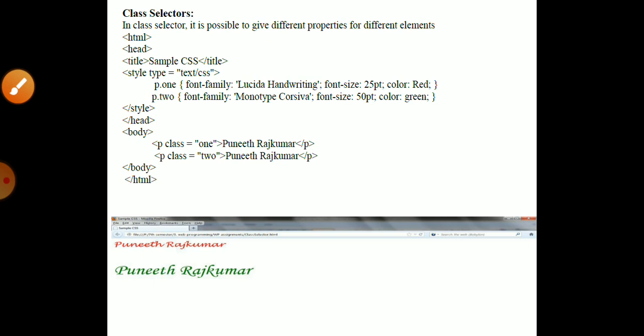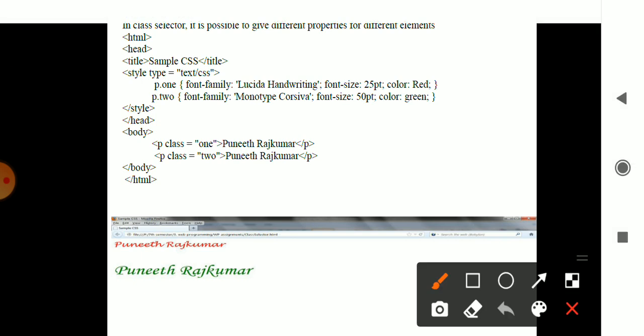Now I want to select a class, so I'll be using a class type. Through that class you depict the property of that particular thing. Here you have n number of properties considered for the particular class. The class selector consists of various properties with different elements specified. You have HTML, head, sample CSS, then the style type, text type.